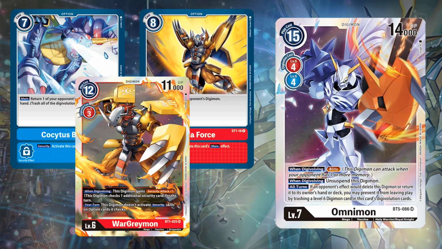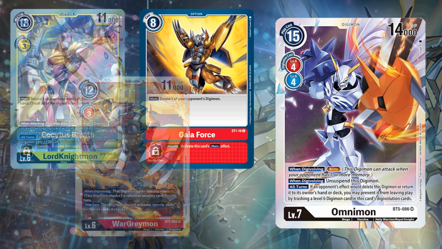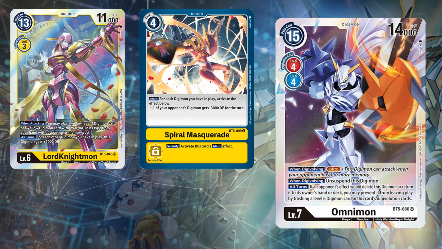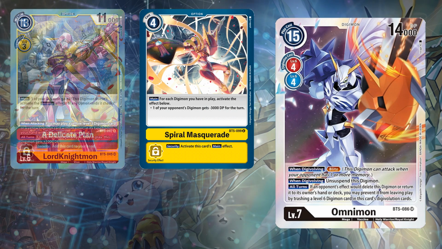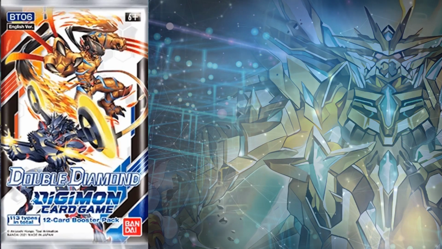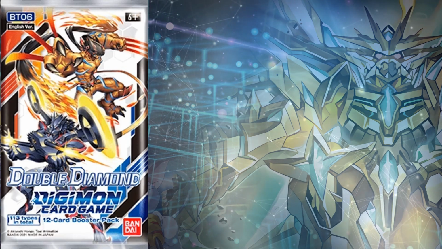Decks during this time period would try to turbo into this to get that protection. But alas, this was also the set where Lord Nightmon would reign supreme, considering again, you could DP reduce Digimon to nothing. In terms of meta protection, the most used ones at this time were Delicate Plan, War Greymon, and Blitz Omnimon. But moving into BT6, Bandai would introduce a new methodology of protection for Black, and that is